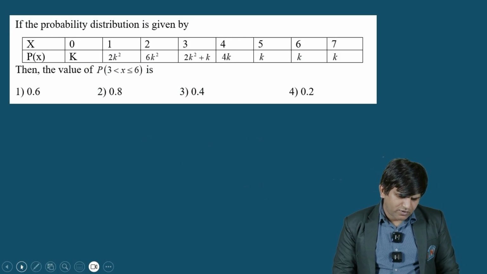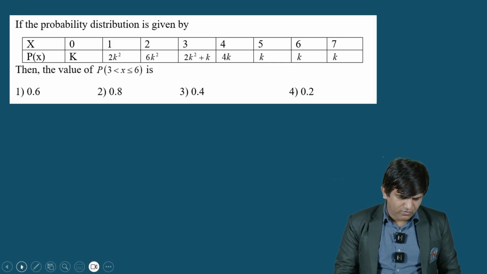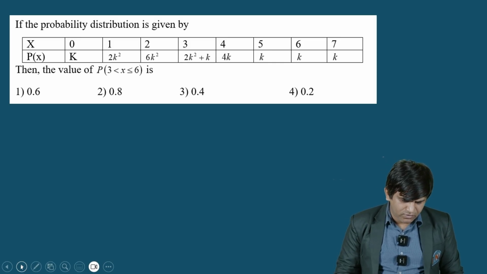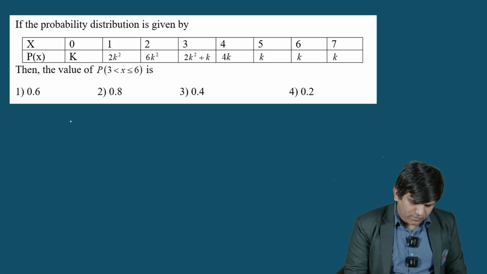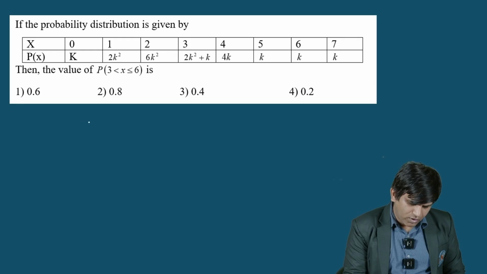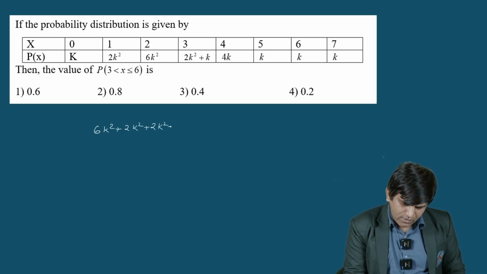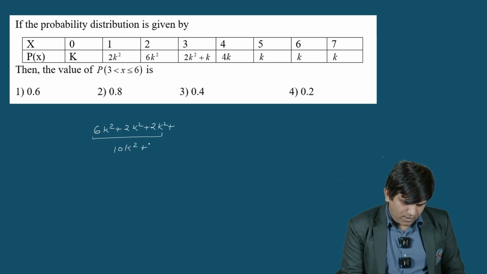So this problem is based on the probability distribution. So we just have to read the question, and whatever they're asking we just have to follow. So the summation of p(x), we can say that is 1. So if we add them all, 6k square plus 2k square plus again 2k square, so this is 10k square. Then k,